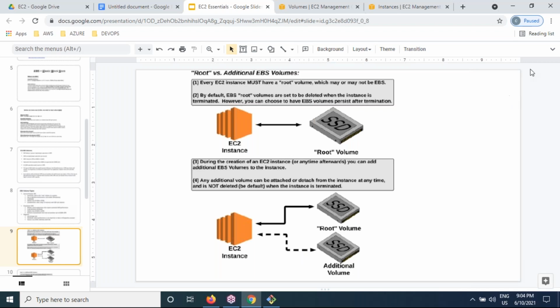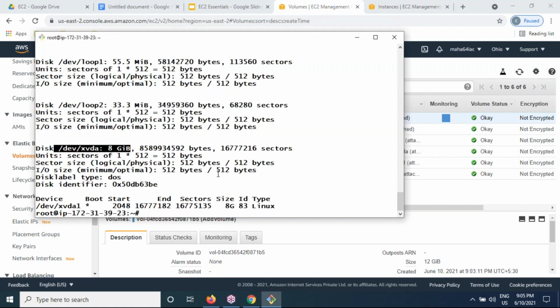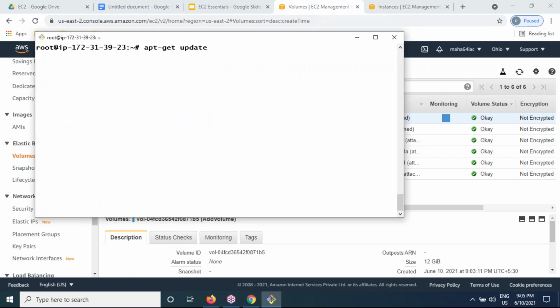Got it very clearly. If the root volume is full, how can you increase the hard disk size? We are adding one more hard disk to your server. That's it. That is the point we're discussing right now. Okay, let me continue. So we added it successfully to server 1. But how can you verify on the server side? What command should we execute? fdisk -l.